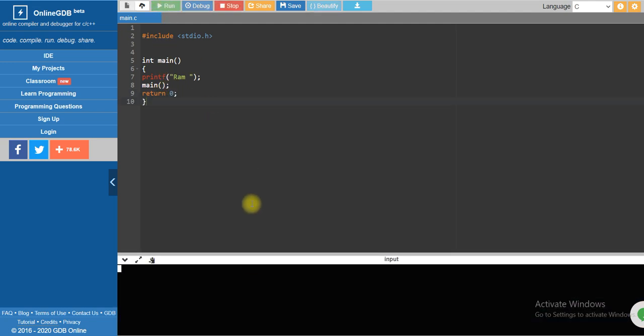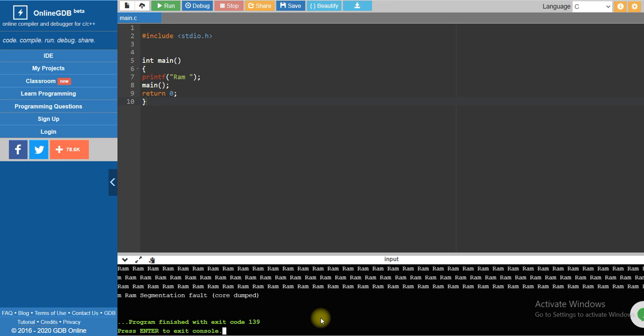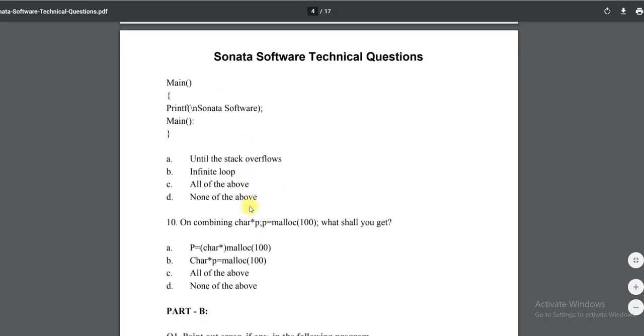Now you can see here RAM is printing, it is going on printing, and at one step I will get a segmentation fault, core dumped. Here the program goes out of stack. So that is the stack overflow we got, the program runs until the stack overflows.